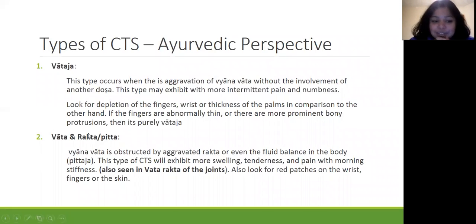So Vata Rakta here, Vata and Rakta, or Sandhigata Vata, which is again a condition that is purely a Vata condition. The only difference is that one is manifesting or localized in the joints, whereas in carpal tunnel syndrome, it is localizing in an area where there's bones as well as the